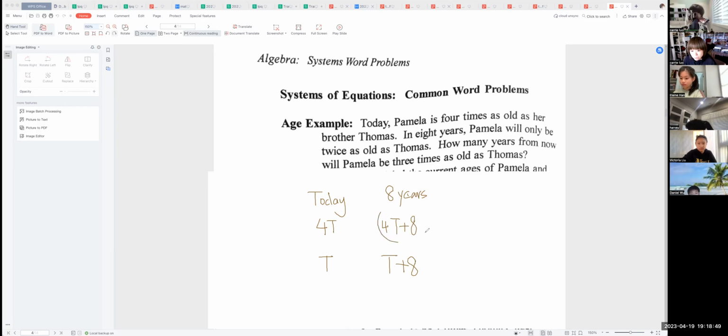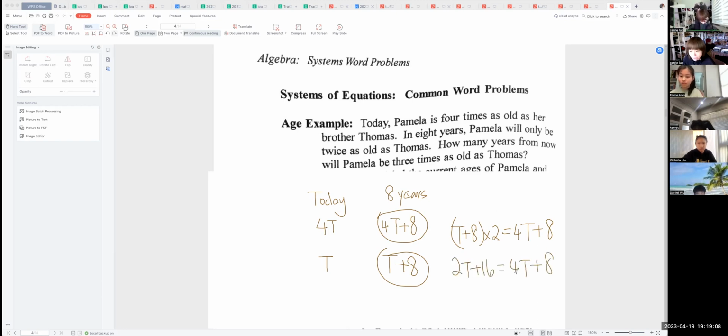But what is their relationship? This one is twice as many as this one. So T plus 8 times 2 equals 4T plus 8. Correct? Understand? Okay, so now it's 2T plus 16 equals 4T plus 8. So 2T equals 8, so T equals 4. So by this, I know Thomas is 4 years old and Pamela is 16 years old